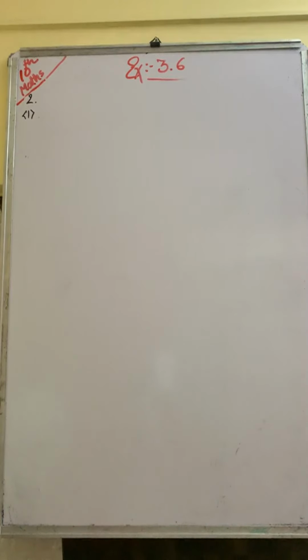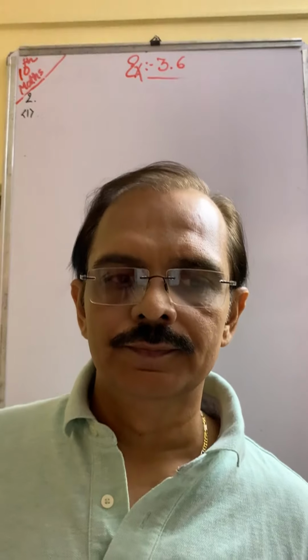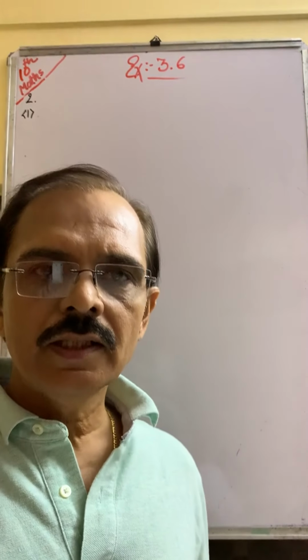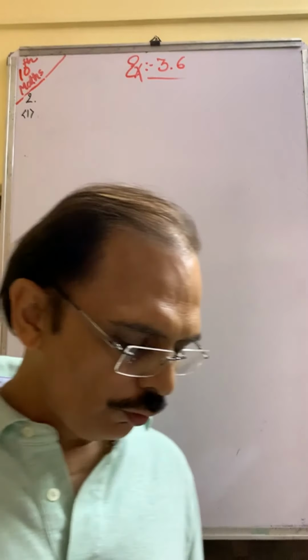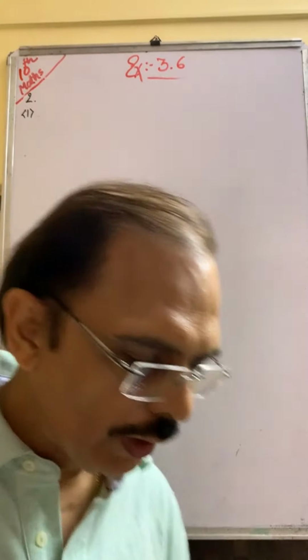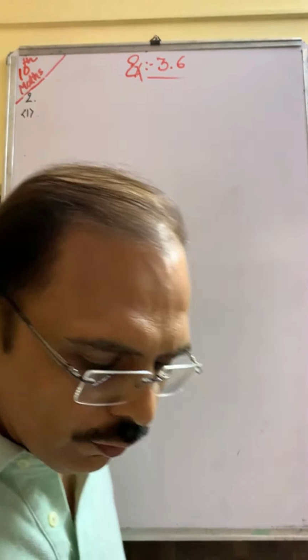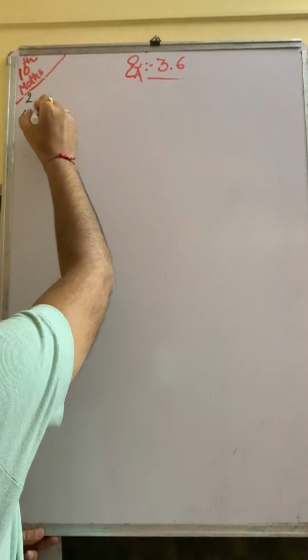Let us start. Question number 2 and problem sum number 1. All these three are very important, so please be alert. Important also from the examination point of view. First, Ritu can row downstream 20 km in 2 hours, upstream 4 km in 2 hours. Is it okay? See, so we suppose what?